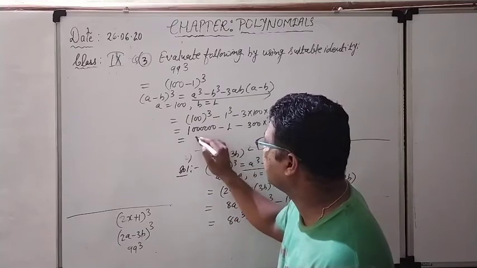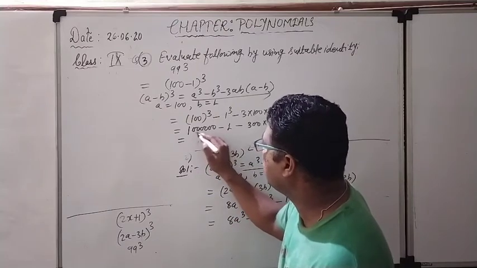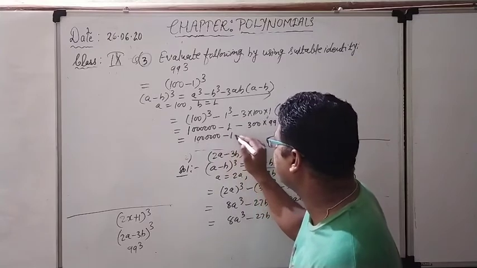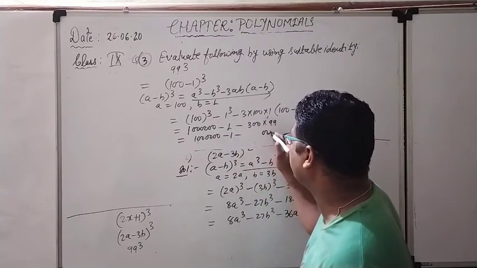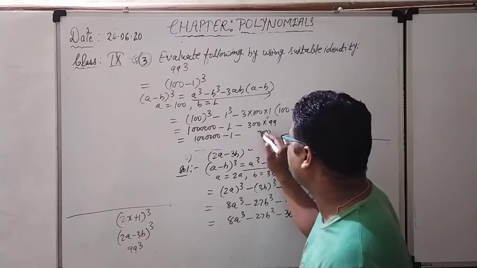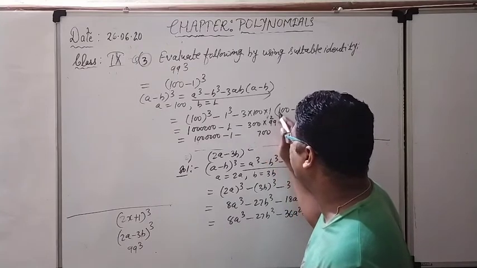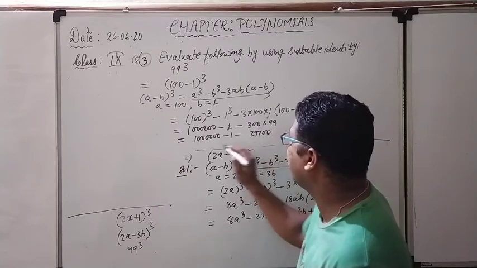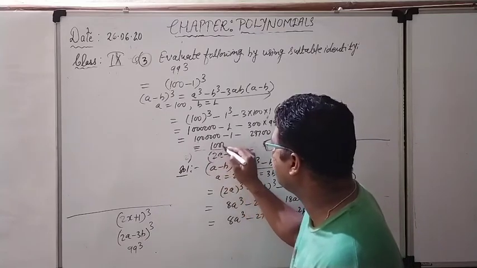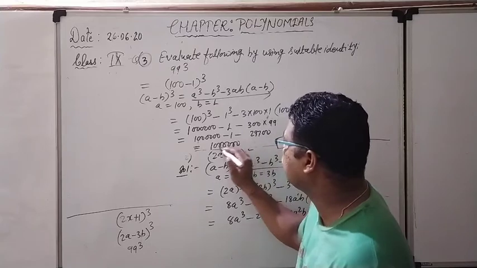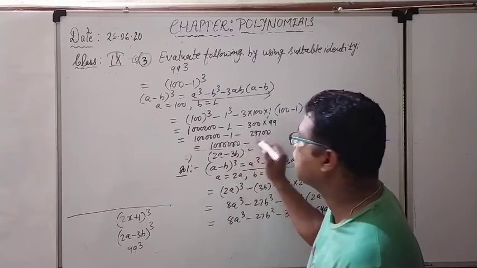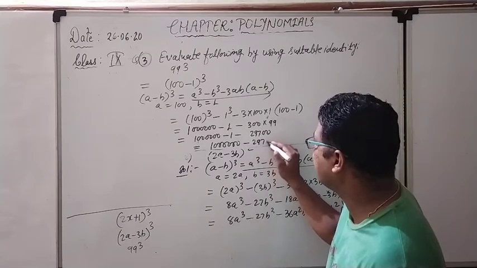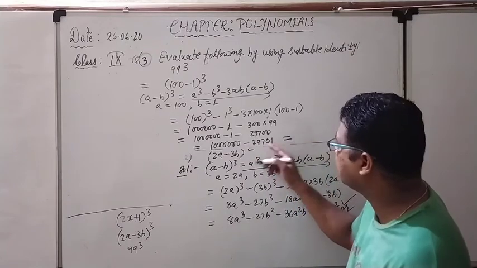Right now see, solve this particular thing. So this is again 1,000,000. And this is giving me minus 1, and this is giving me 300 multiplied by 99. Multiply both the things. Double zero will come. 3 9s are 27, 2 1 carry. 3 9s are 27 and 2 is 29. 29700, double zero. Right now solve it completely. Minus, add this particular thing because both are negative terms. So it will give you 29701. Is it okay? I think it is okay.